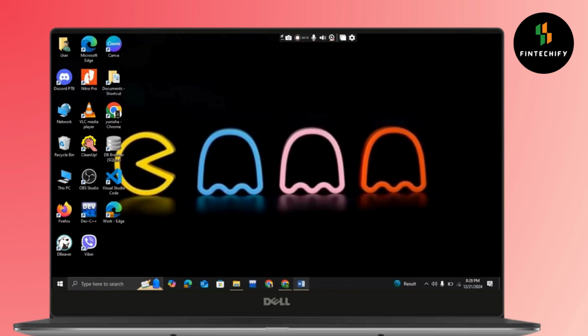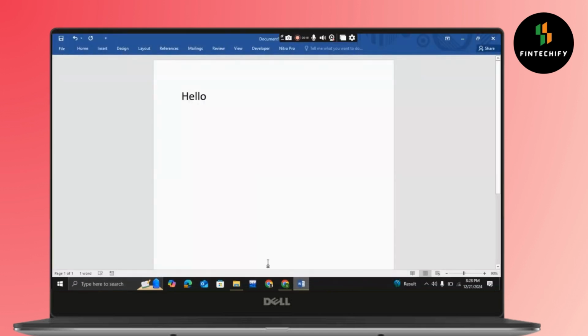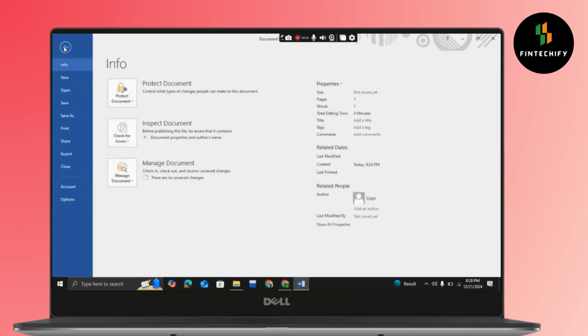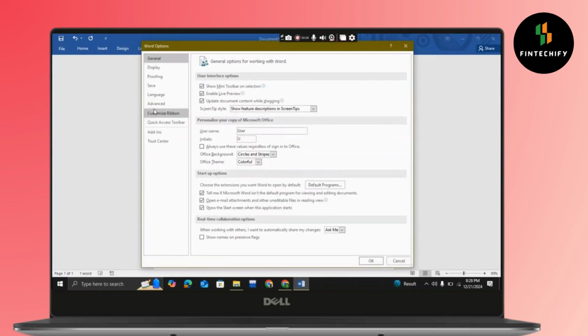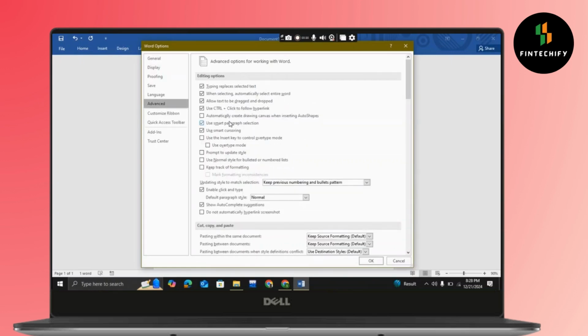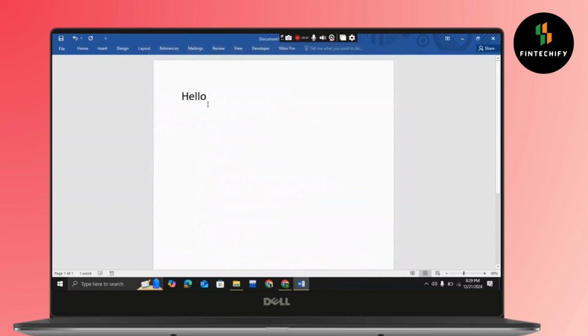So the first step is to make sure the insert key is turned on, sorry, not turned on. After that, the next step is go to file, then go to options. After that, go to advanced and make sure this "use the insert key to control overtype mode" is checked, and select "use overtype mode", and